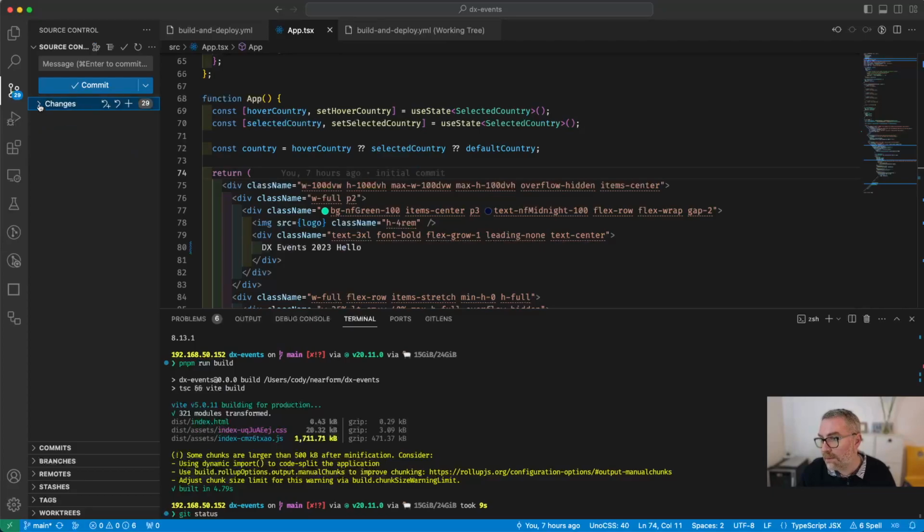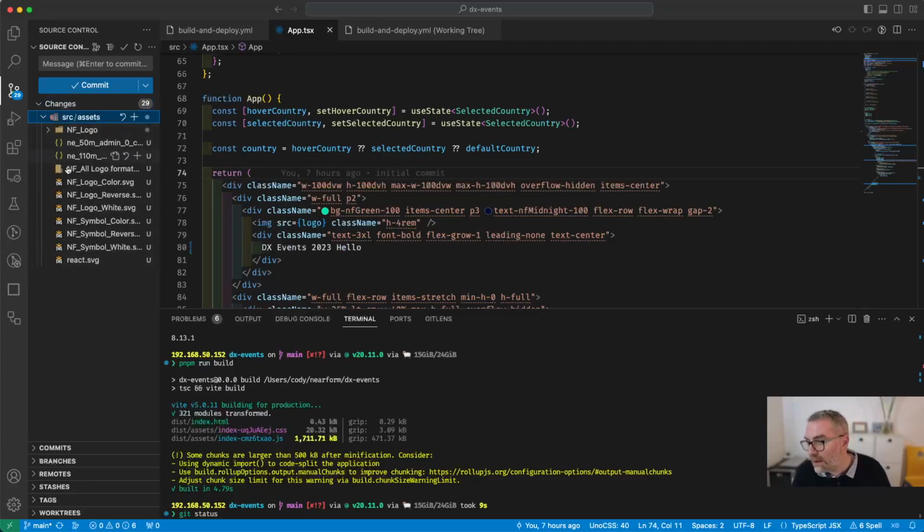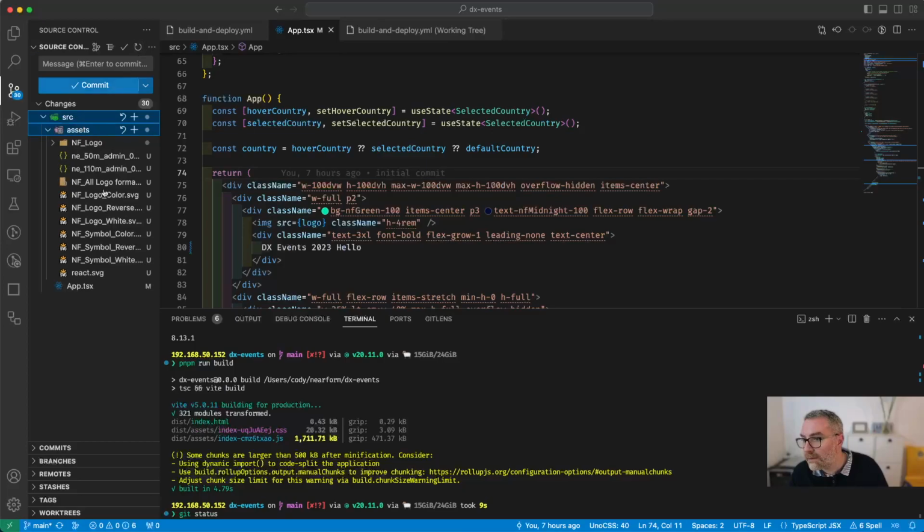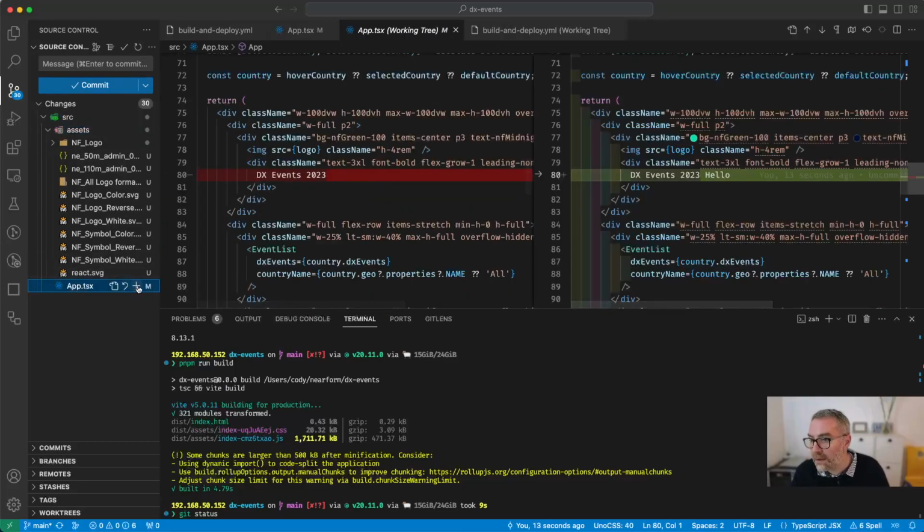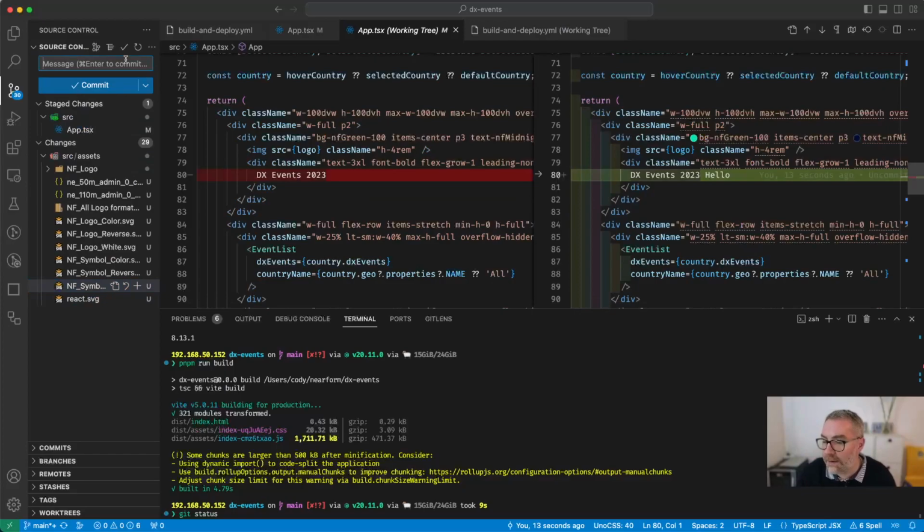Looks like something's running slow. I just didn't find my file. There it is. Just need to click the refresh button. So I'm going to go ahead and commit that. Demonstrate